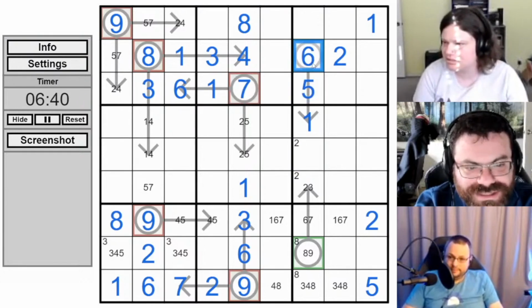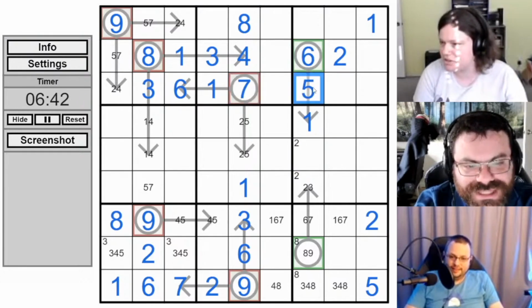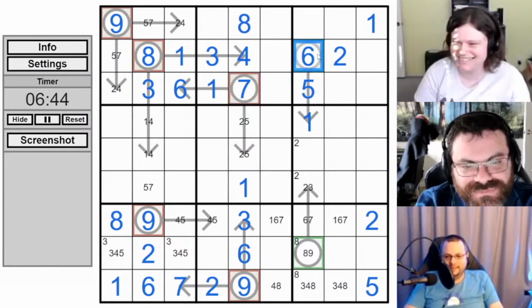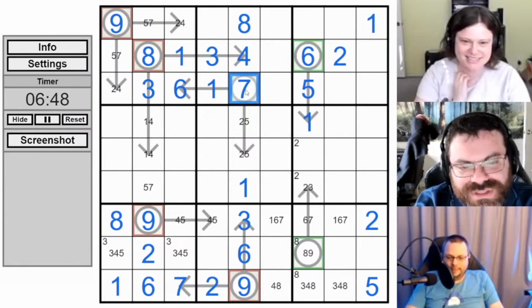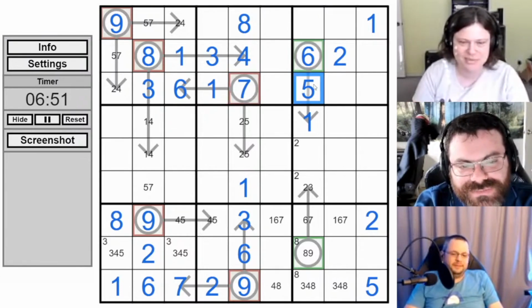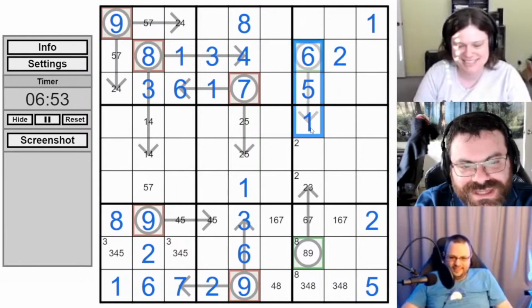That makes this a lot easier, actually. And anyone else who noticed this, as soon as I place this 5, maybe we would have looked at it. Derek noticed it. Should we go back and actually place the 5 and see what happens? Place the 5 and see what that does to this.